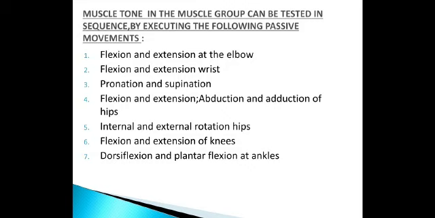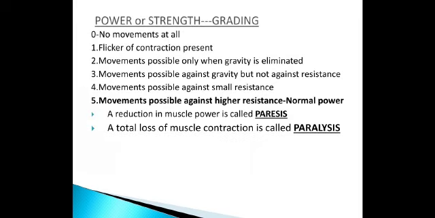So the first one was bulk, which tells you about the size, the nutrition and the consistency. Based on the consistency, you can clinically say whether there is atrophy or hypertrophy. Whereas tone is a partial state, a passive movement across the joint, and we need to eliminate gravity, and there should be no voluntary contraction or any resistance offered while assessing the tone. So what is power?